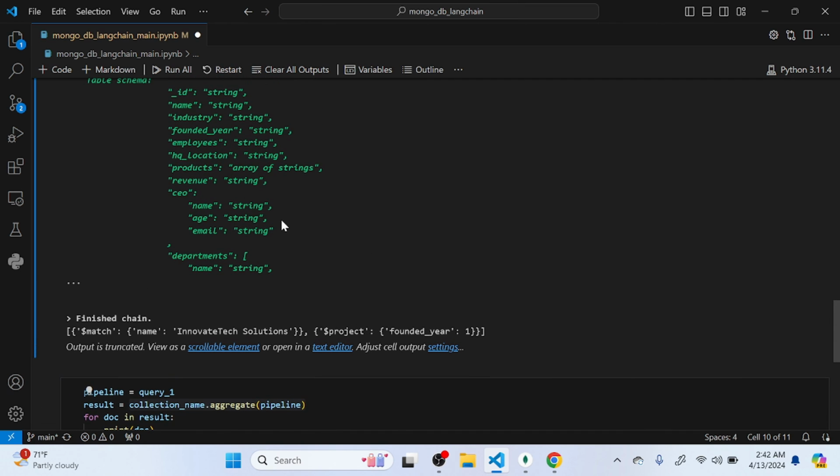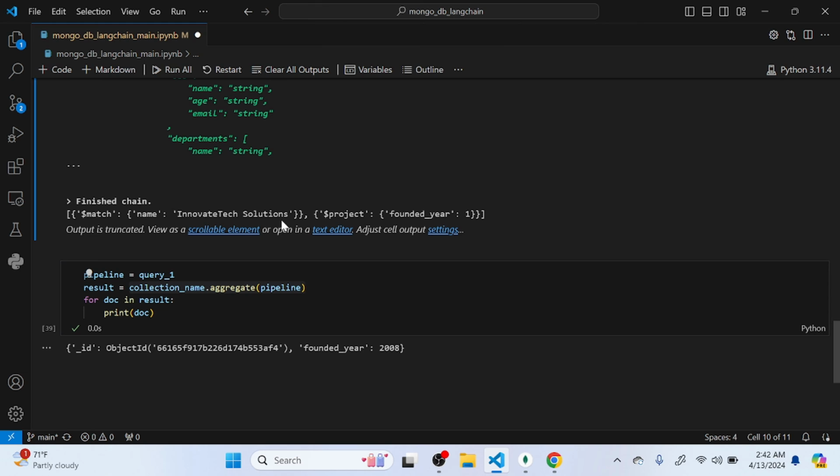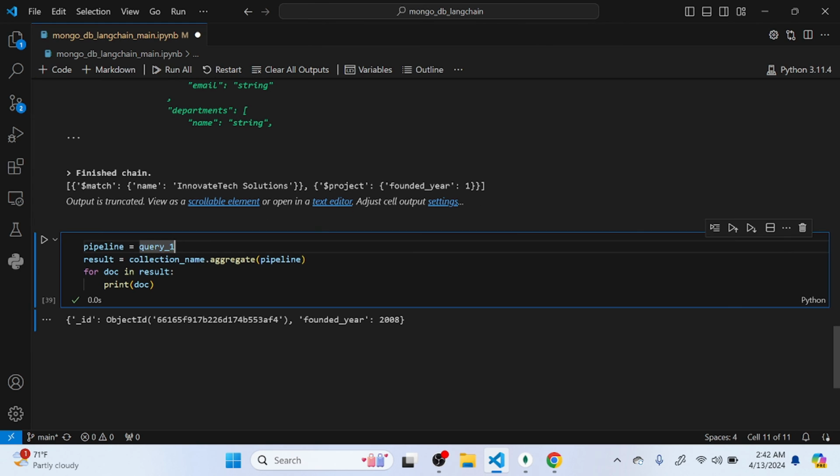Now we are trying to fire that query in our MongoDB. So let's see how we can do it. We are getting a pipeline. The first line, pipeline equals query 1, assigns the value of query 1 to the variable pipeline. The query 1 variable likely contains an aggregation pipeline, which is a list of stages that MongoDB uses to process